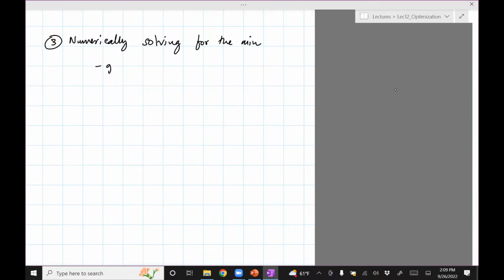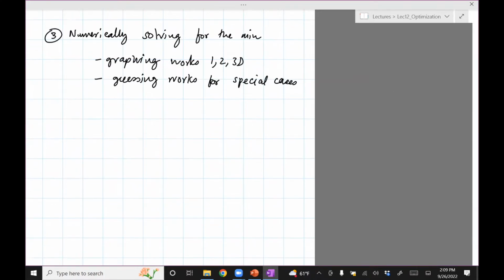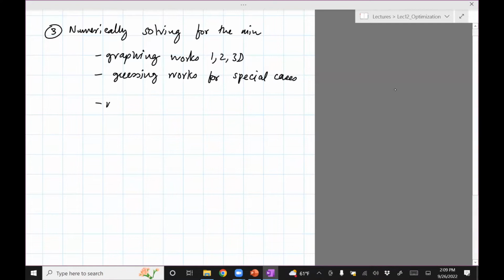And that's because, as I said, graphing works in 1, 2, 3D, and guessing works for special cases. And then we'll see that numerical methods always